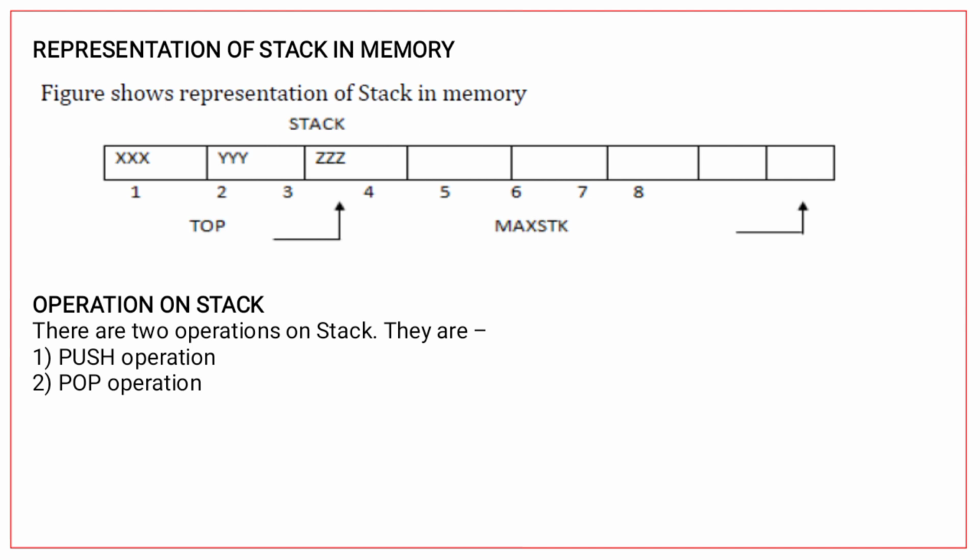Now next topic is representation of stack in memory. Figure shows a representation of stack in memory. Stack may be represented in memory in various ways by means of a one-way list or a linear list. A stack will be maintained by a linear array stack, a pointer variable top which contains the location of the top element of the stack, and a variable max stack which gives the maximum number of elements which can be held